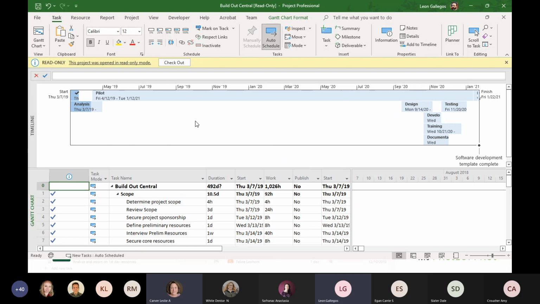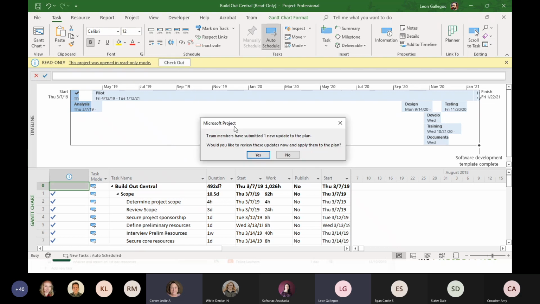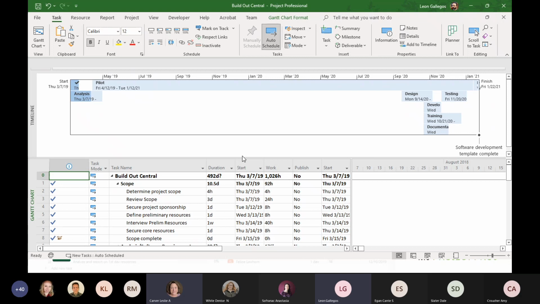So we're seeing a lot of that kind of multi-collaborative functionality in Teams. We don't have that here. And I don't think we'd really want it. We don't want a bunch of different people working on our schedules at the same time. Not to say that we can't send tasks to them. That's different. This is basically working directly in the schedule itself. So this forces us to check a project out when we want to edit it and work on it.